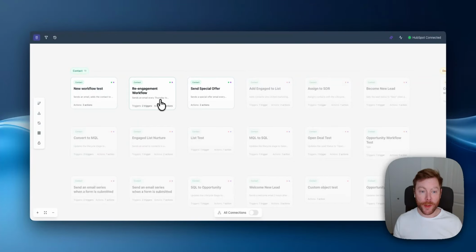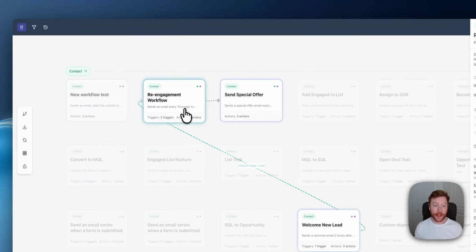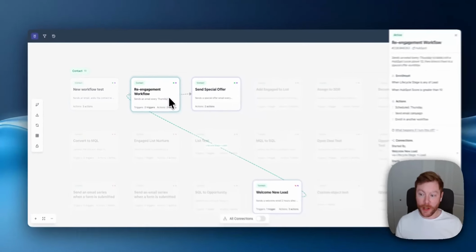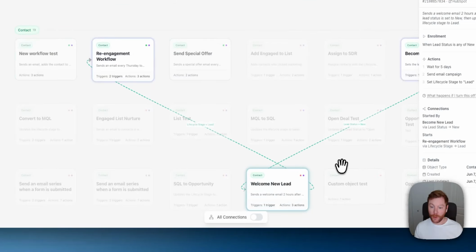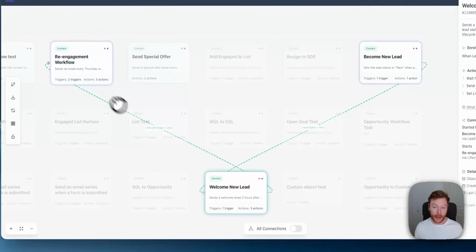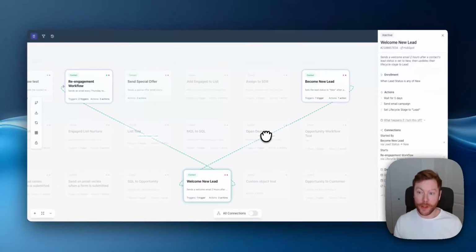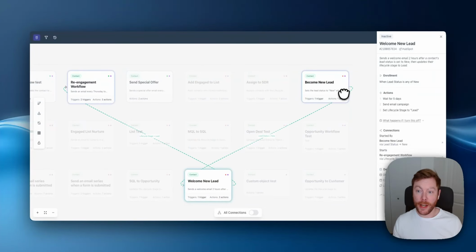If we click to the second workflow that I want to test, we have the re-engagement workflow. The re-engagement workflow here is actually started by a lifecycle stage, and this is the lifecycle stage being lead. This comes from a workflow called welcome new lead. And we can see instantly that there is an interdependency with lead status being new, that it became new lead. So right now I'm looking at all of these workflows and all of these interdependencies, and I'm thinking,